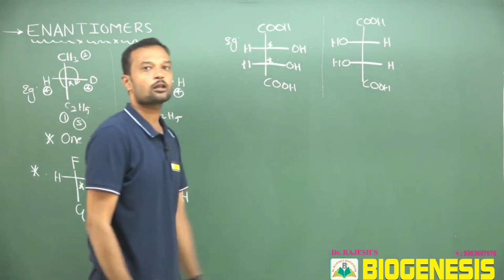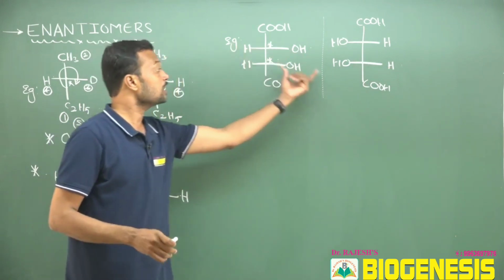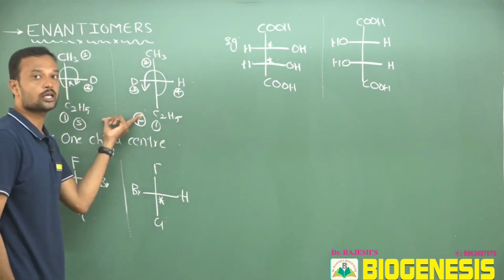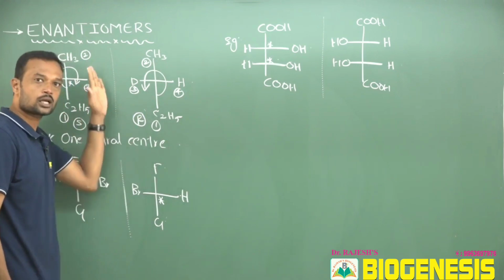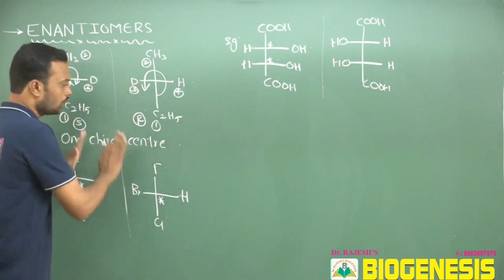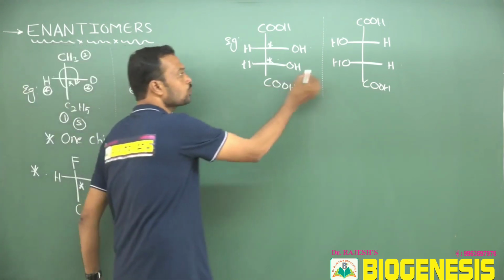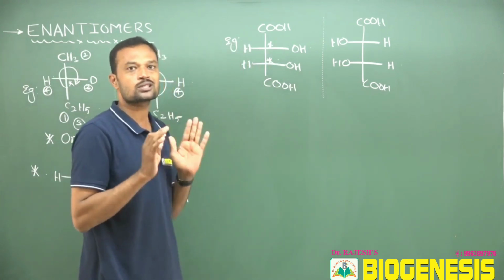See, it is a mirror image. Okay, it is a mirror image, but what I am saying is this image is not an enantiomer, although this image would be enantiomeric in nature for other molecules. I will give clarity. When a molecule carries one chiral center, the images are always enantiomers. It is a blind code: when a molecule carries one chiral center and the image is given, blindly say it is enantiomeric in nature. But here 2 chiral centers are given. When 2 chiral centers are present, don't believe that statement.